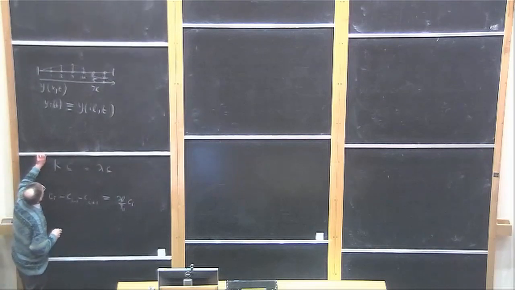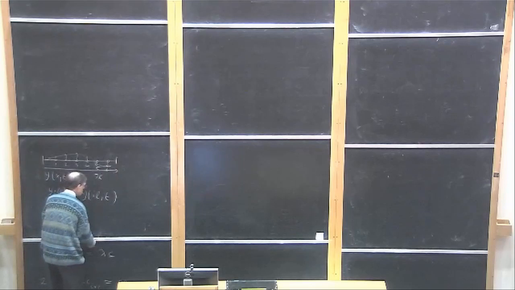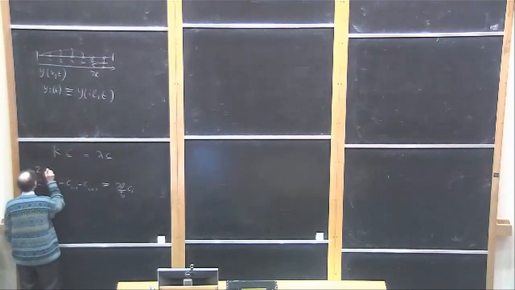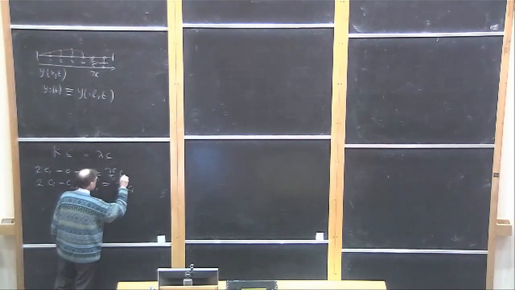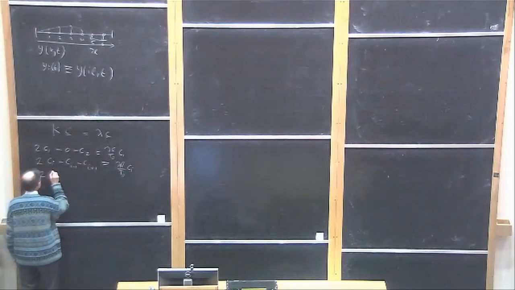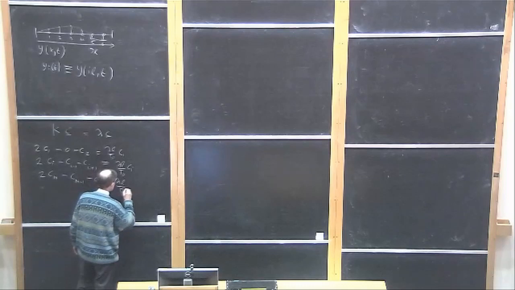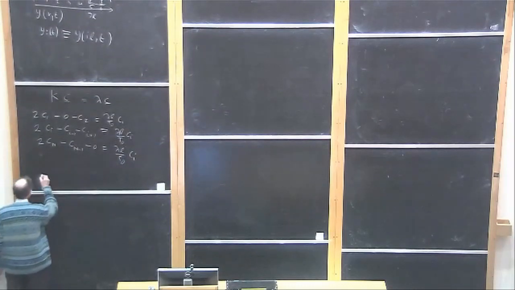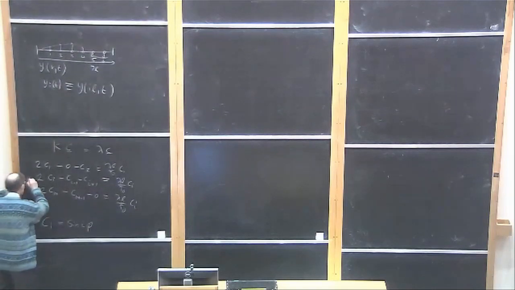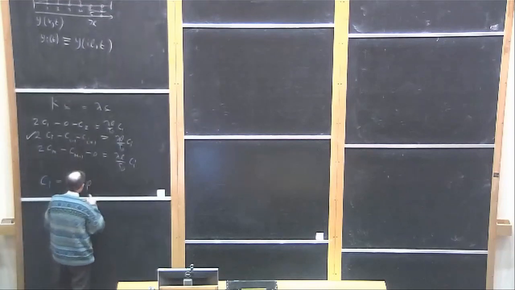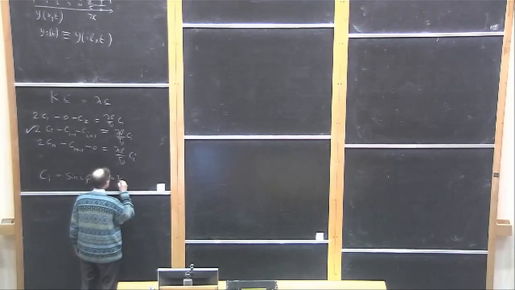The only exceptions: that will be true for 2, 3, 4 and 5, but for the first there isn't an i minus 1, and for the last there isn't an i plus 1. So 2C1 minus 0 minus C2 equals lambda L over T0 C1, and in this case 2Cn minus C(n-1) minus 0 equals lambda L over T0 Cn. And we found that if we put C_i equal to sine i phi, that satisfied that equation, for any value of phi,